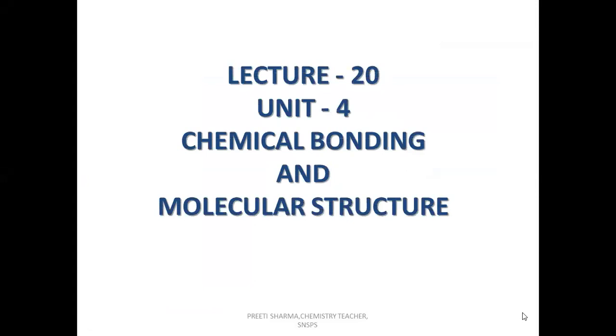Good morning, students. We'll continue our chapter, chemical bonding and molecular structure. Yesterday we did the theories which tell us about the geometry of a molecule. The theory was VSEPR theory, and we did the concept of overlapping. Before going further to the overlapping topic, I want to discuss one more theory with you, that is valence